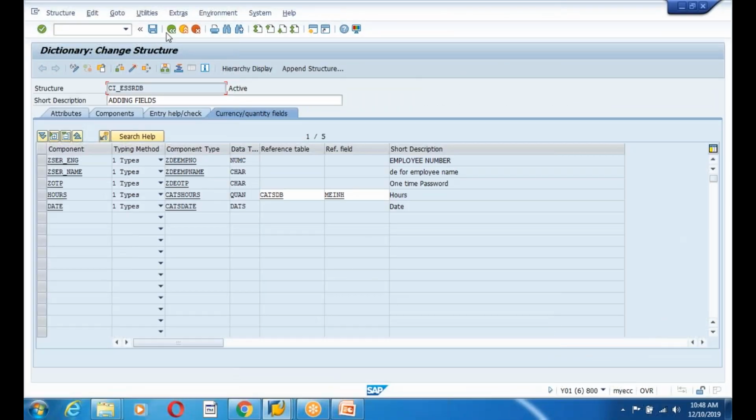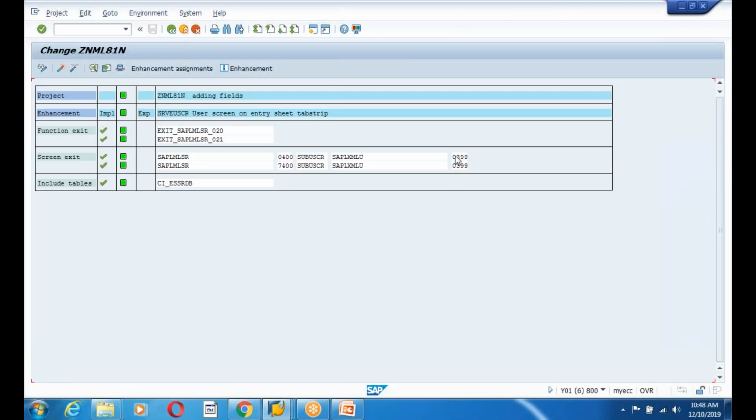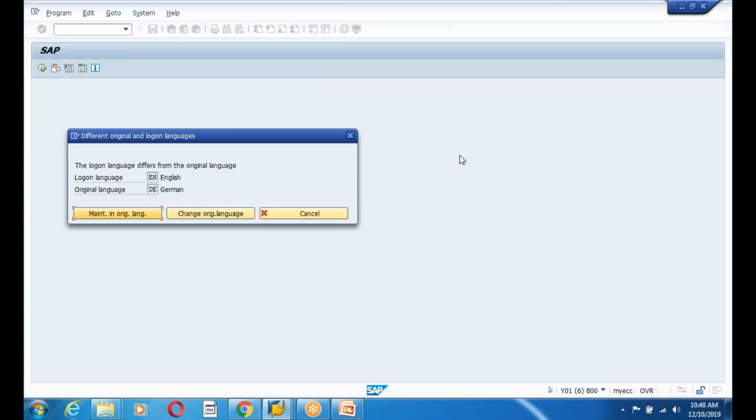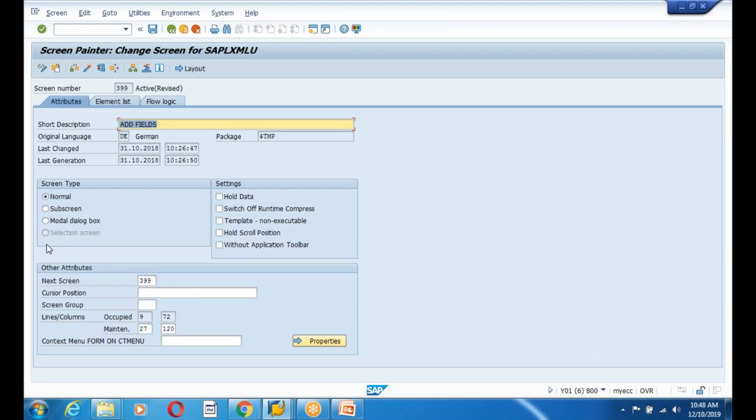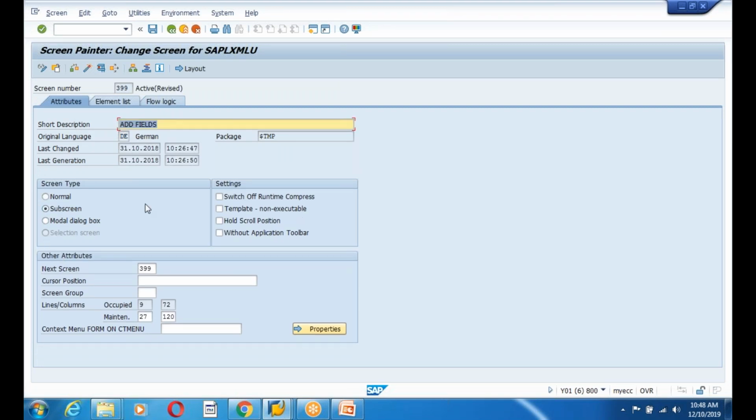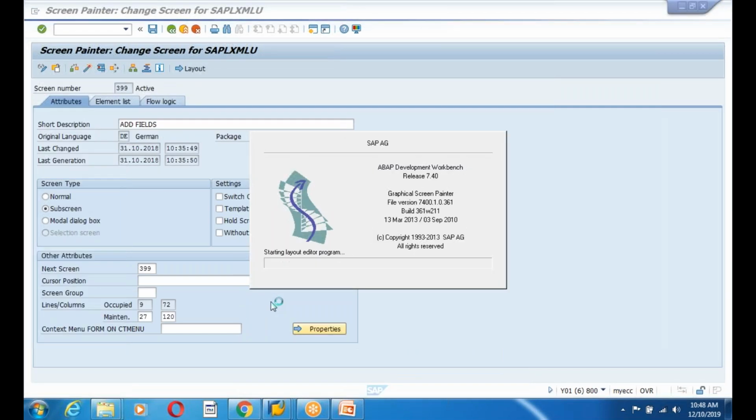Now I have added the things in the CI include, and now I go and add the fields at the screen level. So go to the screen and maintain the screen. And guys, it should always be in a subscreen, so don't change it to a normal screen. If you change it to a normal screen, it will give a dump, guys. Always this kind of thing will be in the subscreen only. So don't change things, guys. And here, very important, when you choose your screen fields,